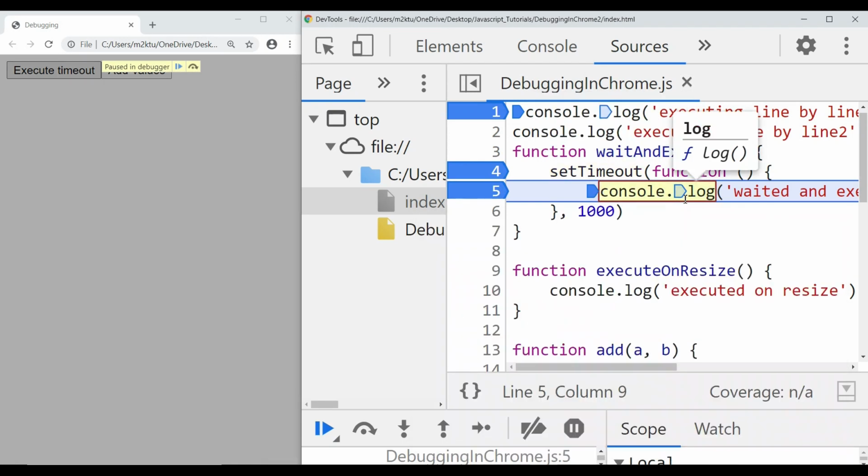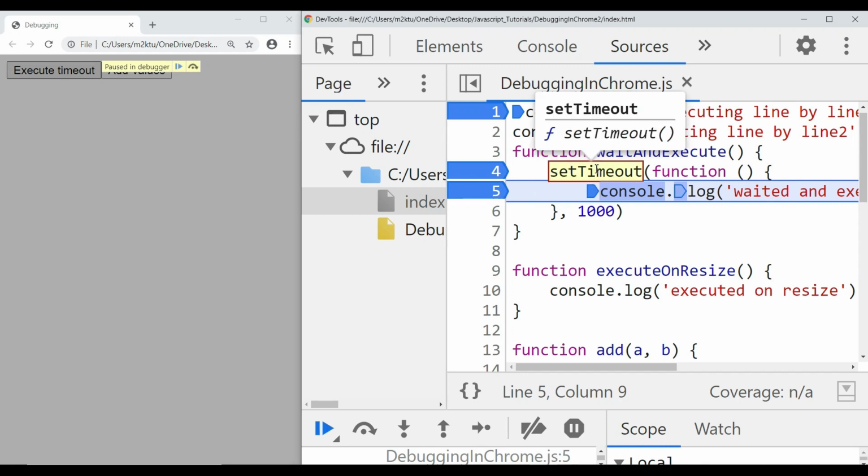So this is one way you can debug your asynchronous function. You need to go inside those and put your breakpoint, and you just press F8 and one by one it will go to your breakpoints. Eventually, whenever your setTimeout is running, this function is running, your breakpoint will be there and execution will stop there, and you can then debug further.